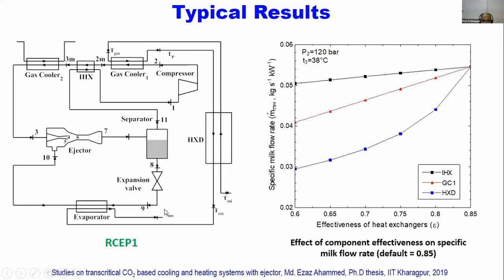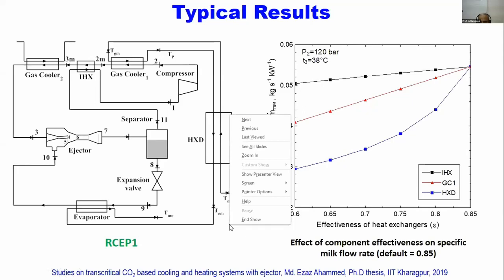I'm not going to show all the results, but some typical results are shown here. For example, for the first system, that is RCP1, you can see in this graph what we have plotted. Here, as I told you, the intermediate heat exchanger, or the HXD, is a very important component, and we are also going to invest money on that. So we need to really find out what sort of effectiveness we need to have for this heat exchanger. So in this graph, you can see we are varying